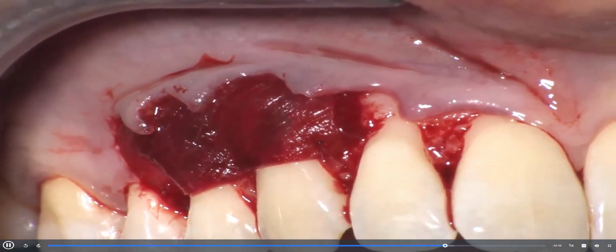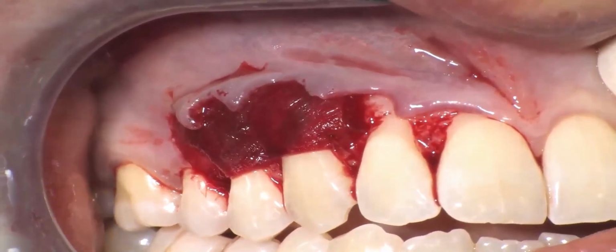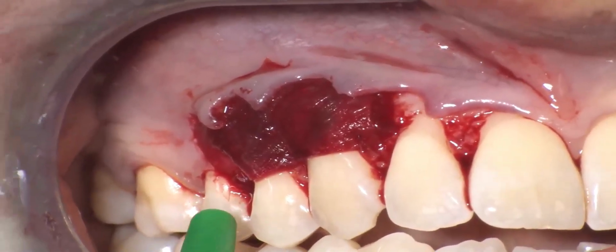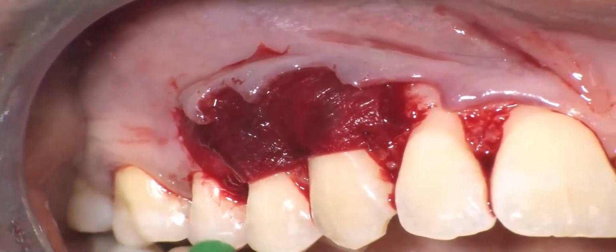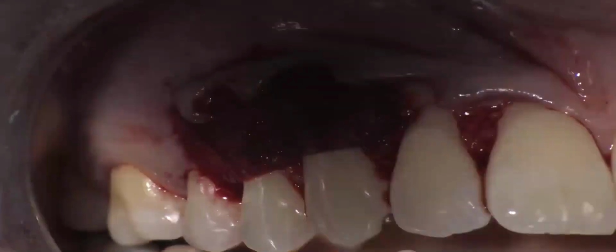Here, to avoid as much as possible the compressive effect by the flap on the material. So now we take the papilla